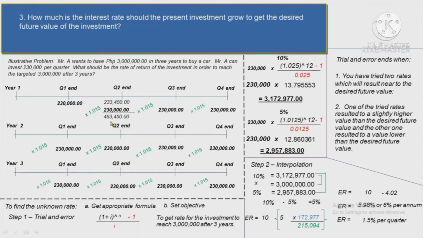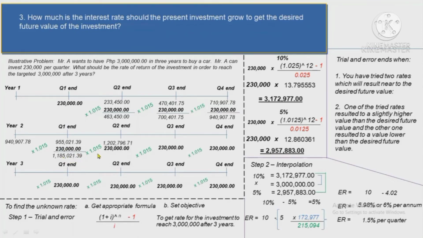So that's 463,450. And then this 463,450 times 1.015 again, then you're gonna get 470,401.75 plus 230,000, you have 700,401.75 times 1.015, you're gonna get 710 plus 230,000, that's 940,907.78. So that's on the first year. On the year 2, the 940,907.78, that's the end of year 1, will become the beginning of the year 2 times 1.015, you're gonna get 955,021.39 plus 230,000, that's